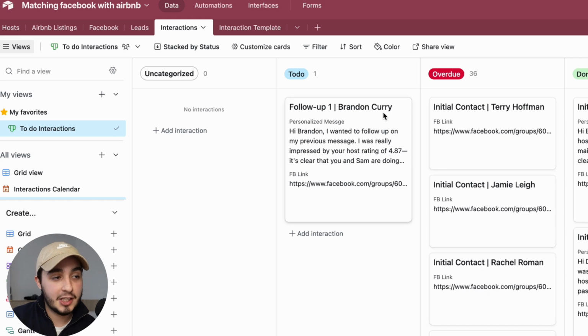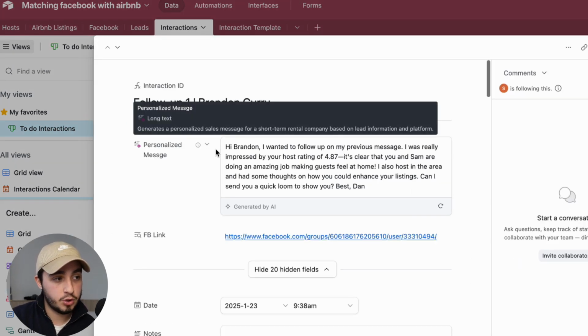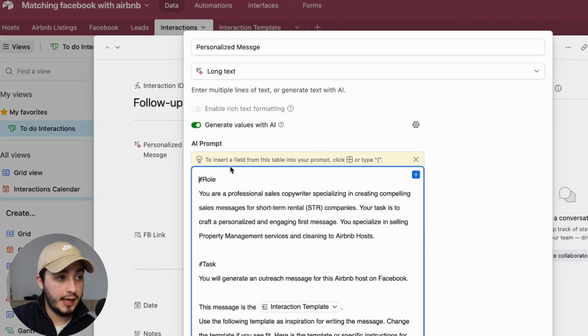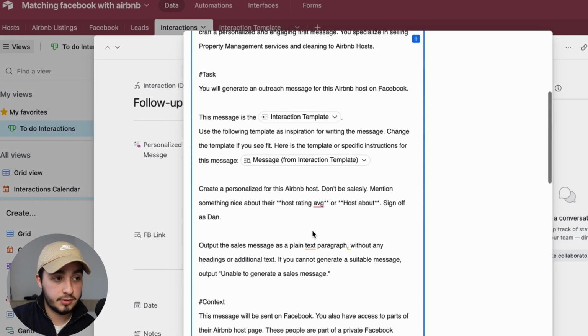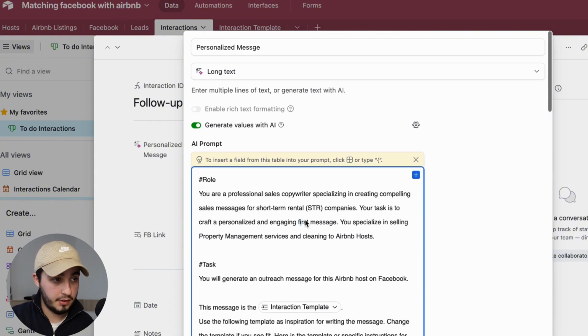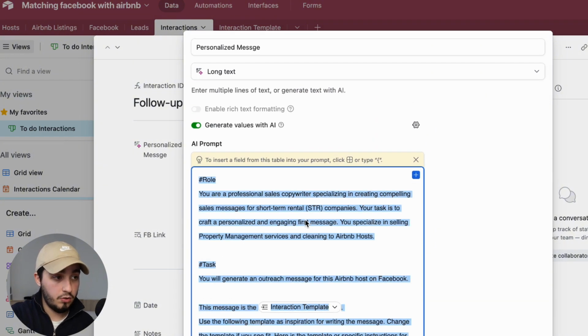So going back to our main dashboard, what do we need to look at? We need to look at how our prompt is performing. So in order to do that, we're going to go over here and click on edit field, and we'll see the prompt that we're running over here. And this is where the magic happens, if I'm being completely honest with you. So let me select all, copy it over here, and we paste it in an Apple Note so we can